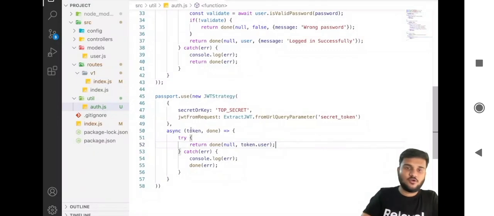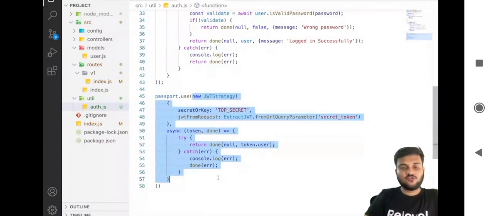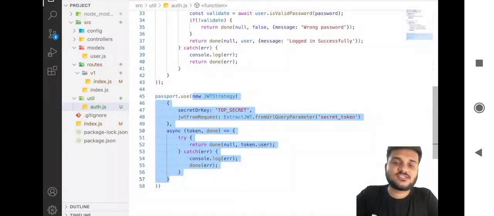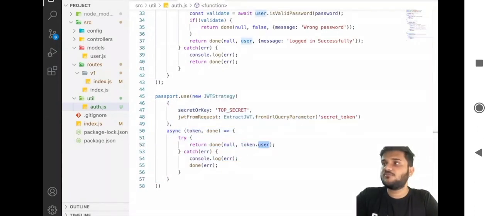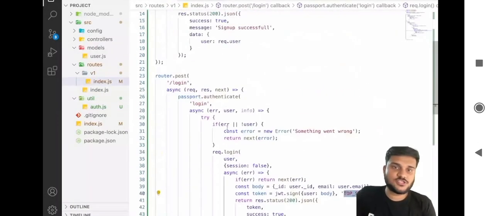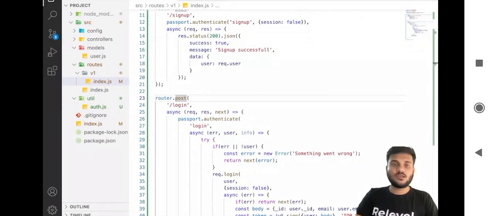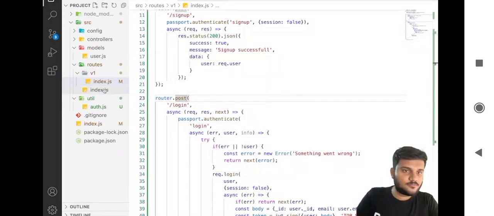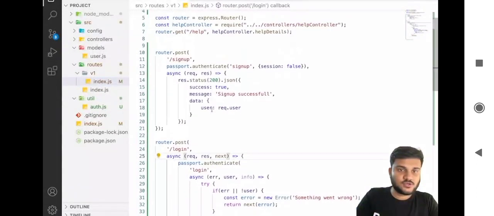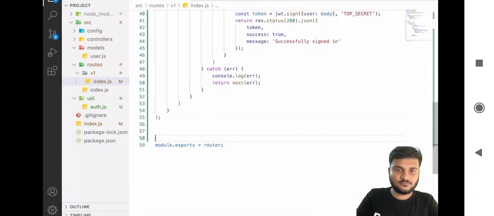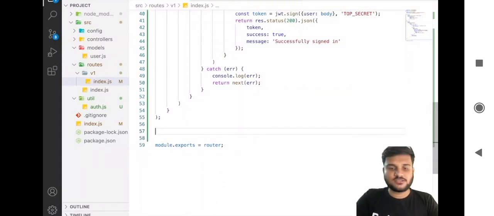Now, if you use this new JWTStrategy, it will automatically get the JWT token that you are passing in the request and fetch it, and from that it will extract the user object. This is something very important. Now we have set up our user strategy. We have also set up login. Now let's do one thing. We can go to routes index.js and let's add a new route. So let's say router